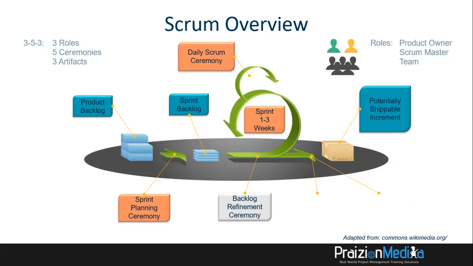Towards the end of the sprint, we get a potentially shippable increment. The individuals who work on this are known as the team. We also refer to them as developers. Collectively, we call all of these the Scrum team. Now, ultimately, you get your potentially shippable increment, which means you could ship. You don't have to. You could wait till you get many increments before you release. But there's definitely going to be a review of some sort of that deliverable by the customer.